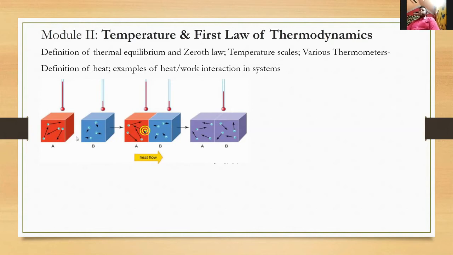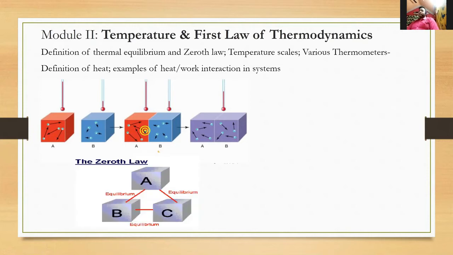So here is a very simple picture that is given. It's a matter of heat flow. A hot body and a cold body are shown, and after some time, you see that the temperature was higher in one case and lower in another, and ultimately you will find the temperature will be the same if they are kept close together. Ultimately, they will come in equilibrium. This is a very common understanding of equilibrium.